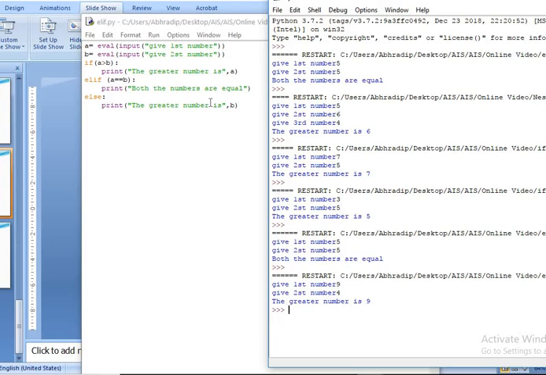Whenever you have more than one condition to put in your program, you have to use elif. First if, then elif, and the last condition will be else. Else will execute only if the other if and elif conditions all fail and get a false value.